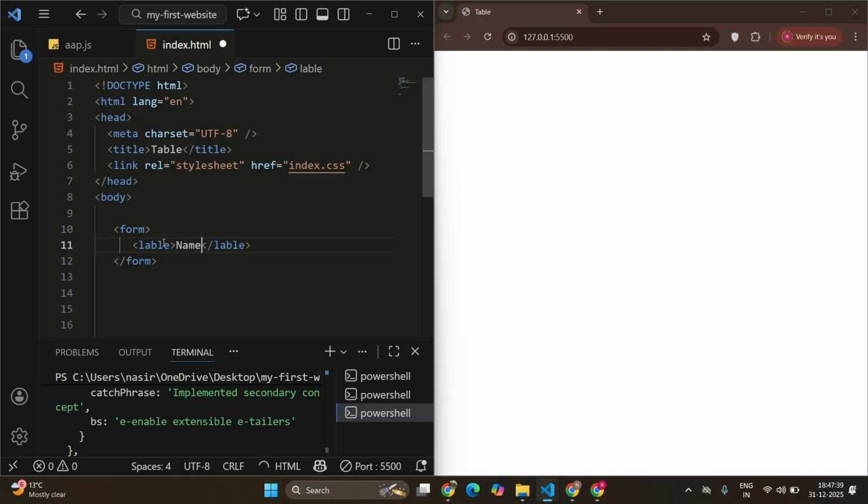I'll add name in label. So label tells the user what this field is for. It's like an instruction. So step three, we will add input field,